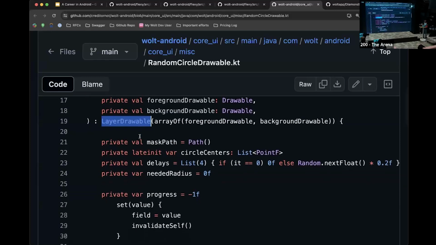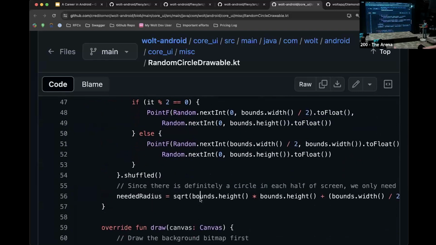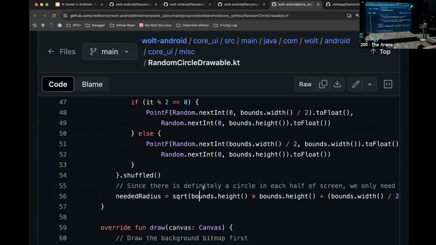Obviously, there are a lot of manual calculations here as well. For example, you need to find out what is the needed radius for each of these circles, so they overlap each other and they overlap the whole screen, so that you don't display a part that is still blurred and a part that is already unblurred, sorry. And if you reach this point of your career, you can pretty much confidently say, hey, I know Android now. I know Android almost inside out.